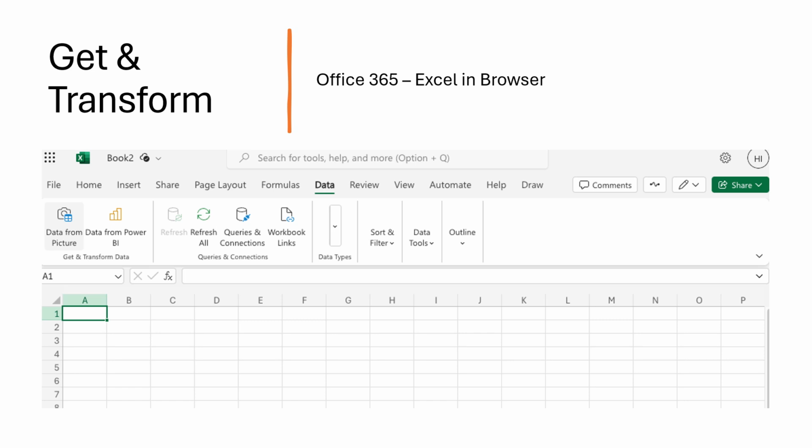Yes, there are ways I can get and transform data while in Excel in the browser. That is actually from Picture or from Power BI at this point is what is supported there. So just to call that out, if you are currently using Excel in the browser, you're going to have to pause this video, go ahead and open up Excel on your desktop, and then you can move on to this